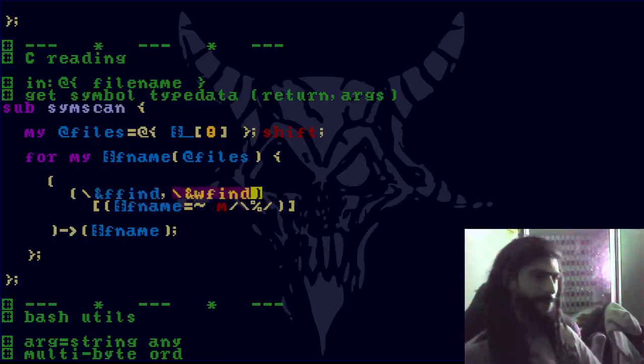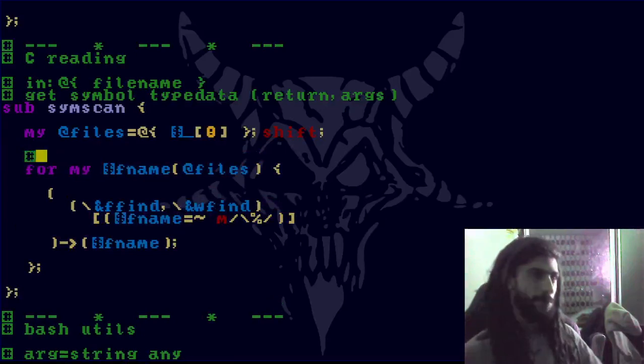Did I say first here? This is the second. It's index 1, so condition is true. Index 0, so condition is false. And then with the reference, this code reference that we get, this subroutine reference that we get from the indexing operation, we take that, we dereference it, and we pass it the name of the file that we're getting from the iter here. So